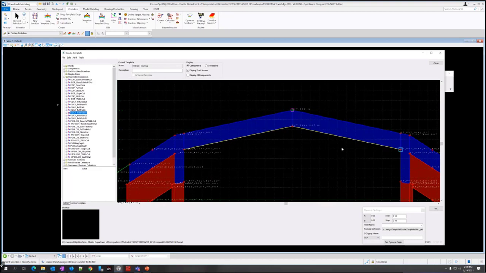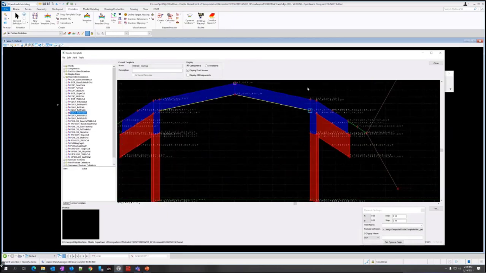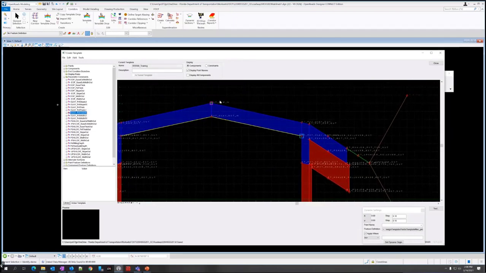So we zoom into the right widening side. So that's this over here. And we are going to edit the right pavement overlay out, which is this point right here. So I think the convention, it's not hard and fast, you don't have to follow this, but I think the convention a lot of our templates use is it's in towards the inside, out towards the outside of the roadway. So this is the outside point of this component.